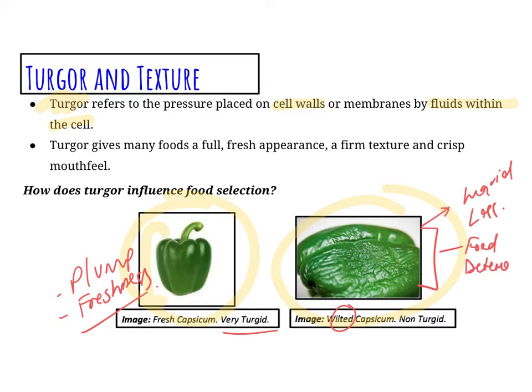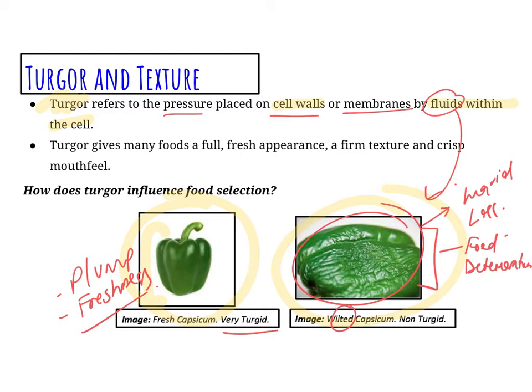So over time, fruits and vegetables, as they spoil, if they're sitting in the fridge or in a fruit bowl, you'll notice that this will happen to them. And this is because as the fruits age and spoil, water loss is apparent. So as the water is lost from the fruit and vegetable cells, they are not putting that pressure against the cell wall or the cell membrane because the amount of fluid is reducing,